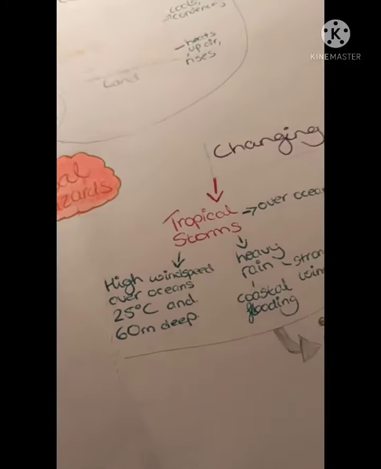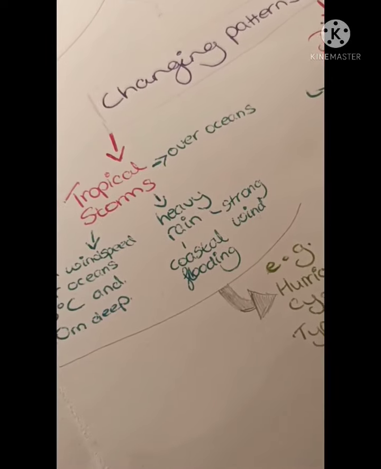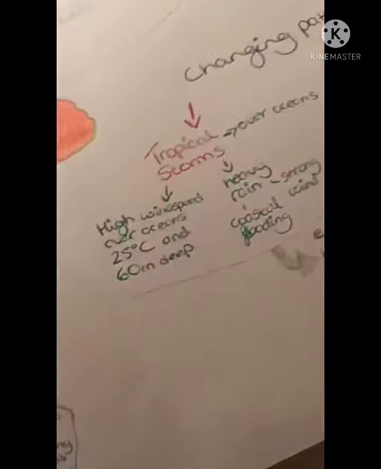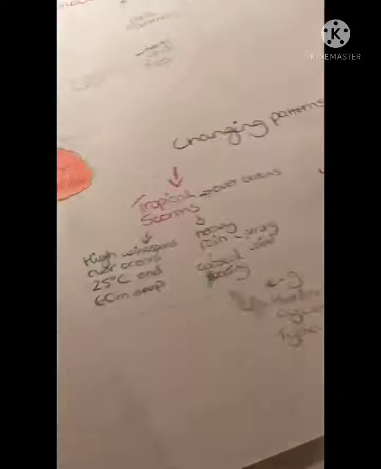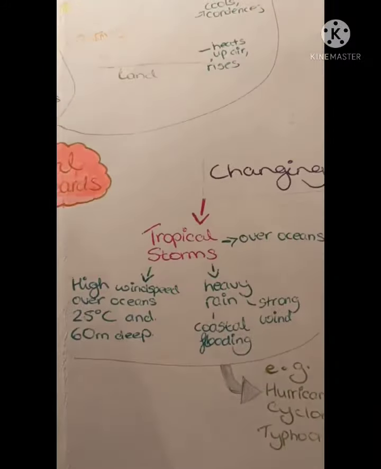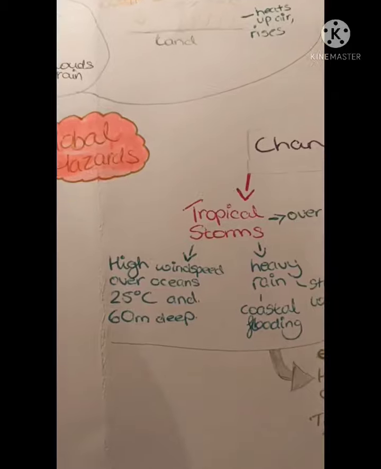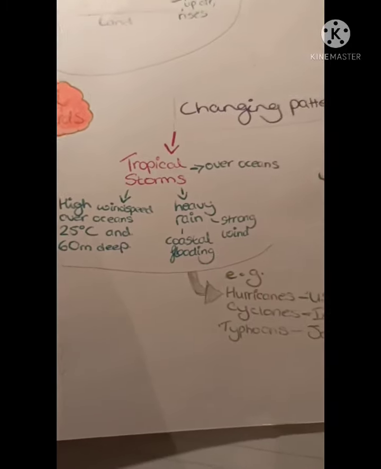Okay, I'm waffling. Anyways, tropical storms are found over oceans. Tropical storms bring heavy rain, which causes strong wind and coastal flooding. An example of this is Typhoon Haiyan. They need high speeds over oceans at 25 degrees and 60 meters deep, and that's a good criteria for